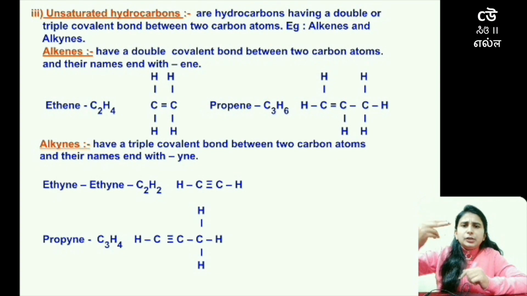So 2 valency to fulfill ho gayi. Now they only need 2 more. So here the carbon will form 1 covalent bond with the other hydrogen atom and 1 more covalent bond with the other hydrogen atom. Therefore, now they will attain stability,